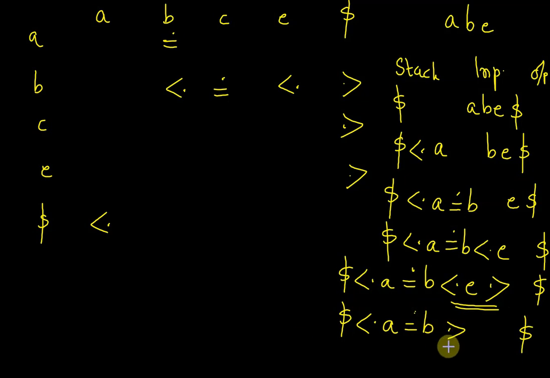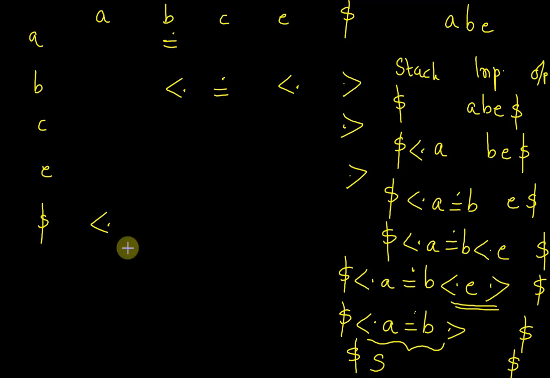Now again you encounter closing bracket. Just check if there is opening bracket over here or not. So start from here and check for the first opening bracket. Whatever is there inside this, check if it can be reduced to a non-terminal symbol. Now remember one thing, this equal to is precedence relation. Why is it defined? Because there are two consecutive non-terminal symbols here. There is one rule in grammar which states S gives A, B and some non-terminal. So this can be reduced to S. Once you get this start symbol, it means that this string is a valid string. Why? Because in case of bottom-up parsing, we start with a given string of terminals and by a series of reduce operations, we try to get the start symbol.